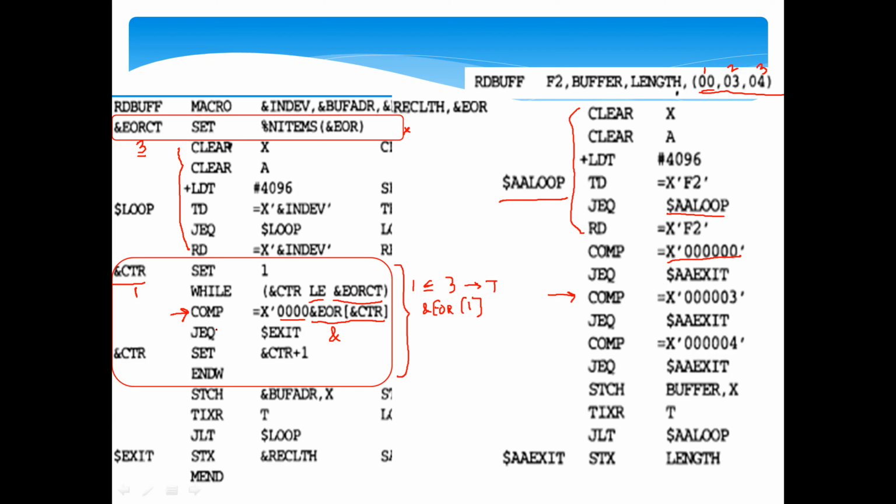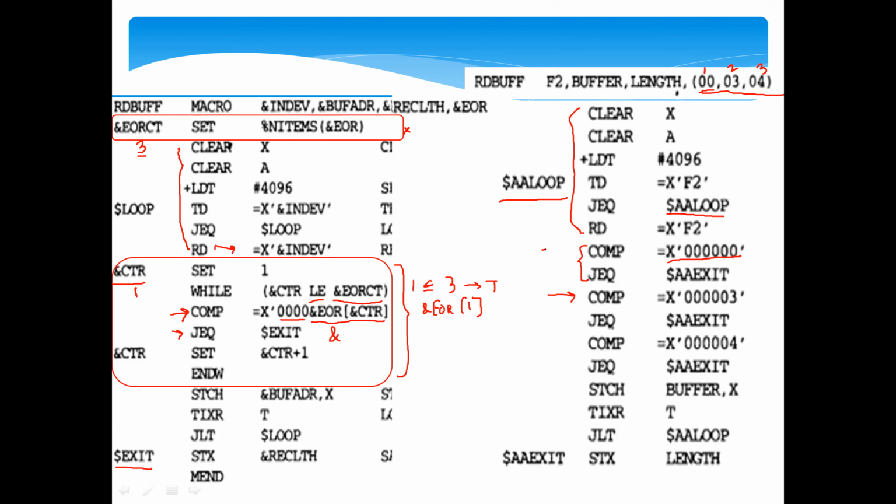Then jump on equal to. So you are actually comparing here the value in the accumulator. You are setting some value in the accumulator. In the program, if you want to follow, here some value is actually set to the accumulator. You are reading this value from the in device. So here you are performing a comparison operation, and if the result of this comparison is true, you have to jump to exit. So that is also expanded and written here, right?